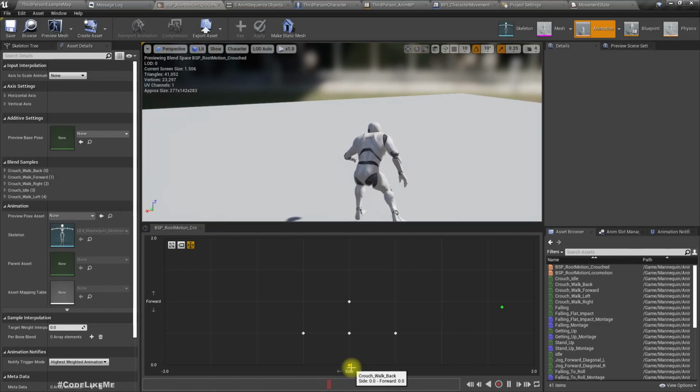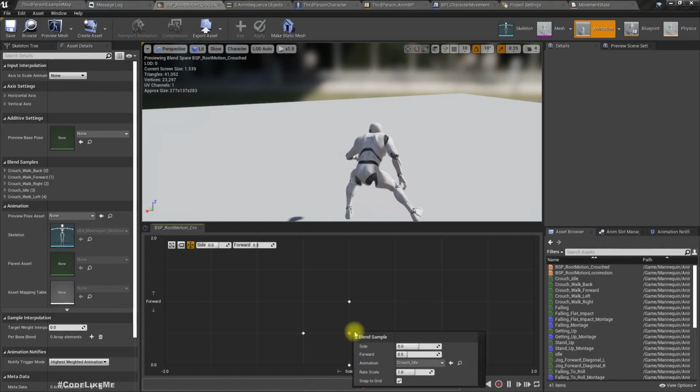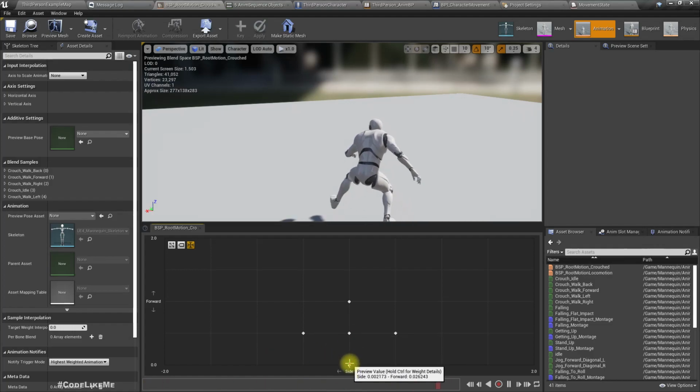Oh. This value is 0.5. Alright. This is 0. Okay, I get it. The issue is we don't have